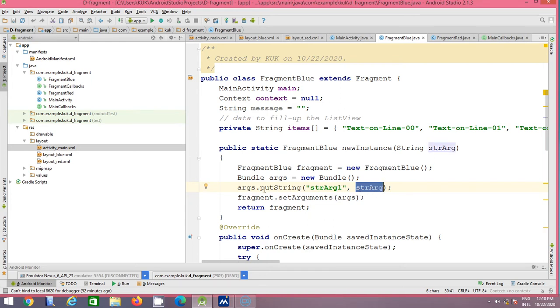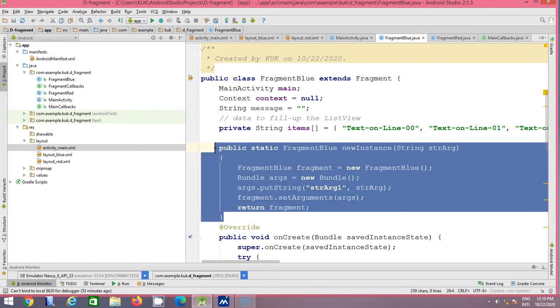That value is set by set arguments in the fragment, and then the fragment is returned. So by this statement, we have created the new instance. You can say we are invoking a special new instance of the constructor, supplying the argument to a fragment.